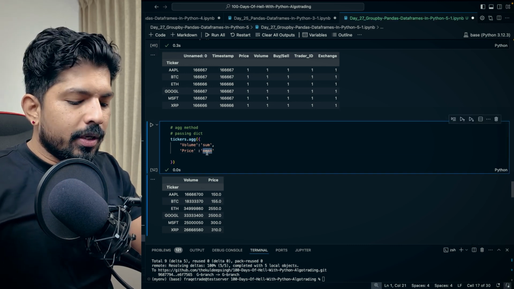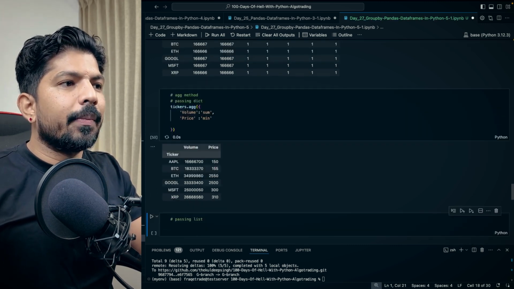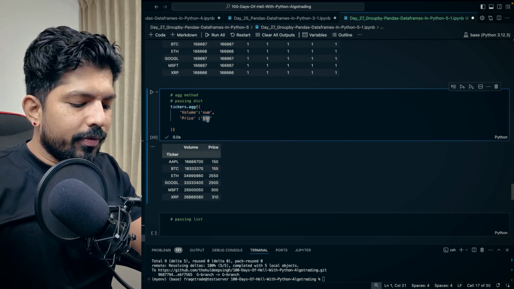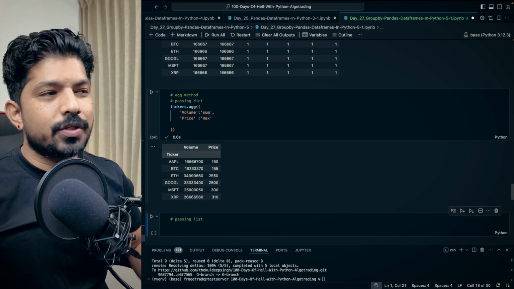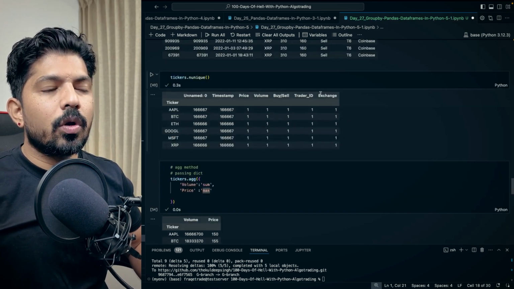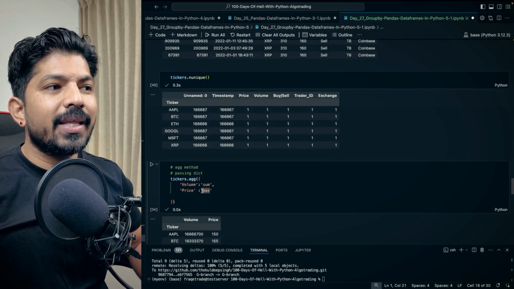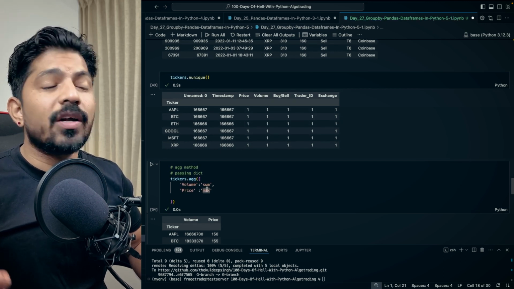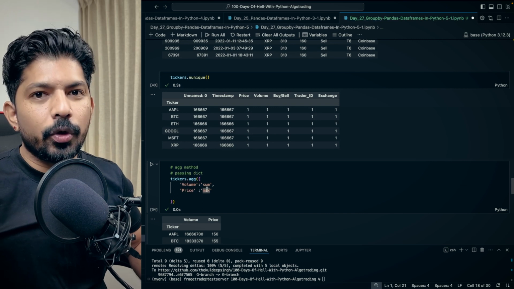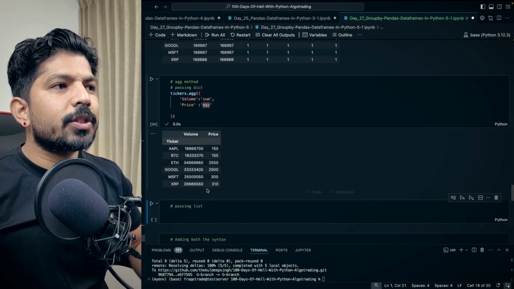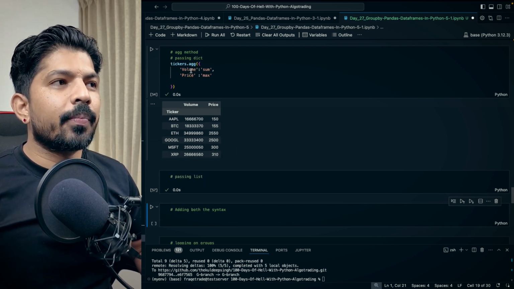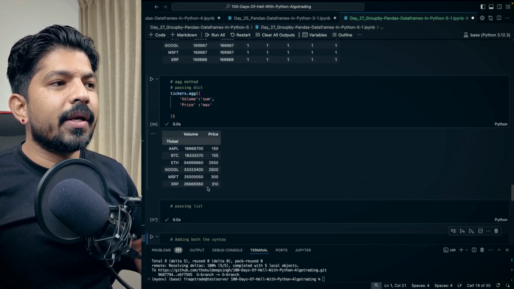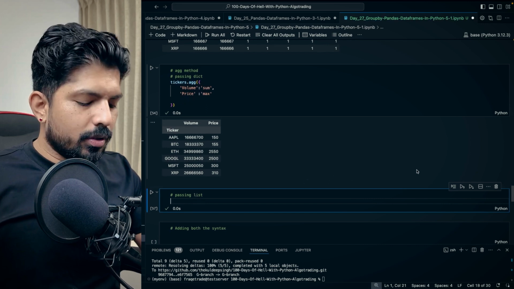If you want, you can even give minimum here and you will get all the minimum values, right? You can even get the maximum. You get the idea that how powerful this is. Like if you have multiple columns here, you can pass a dictionary, and with every column you are applying your desired operation on that. This is absolutely mind-blowing. Okay, now let's move to the next, and similarly we can pass a list. So here we mentioned that on volume I want sum and on price I want max. But here what is happening, let me show you that we have this